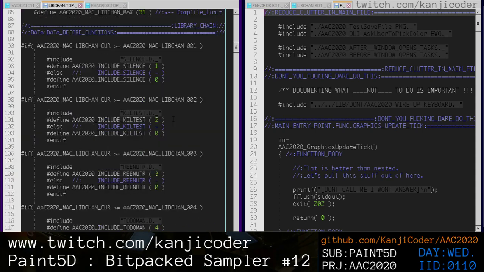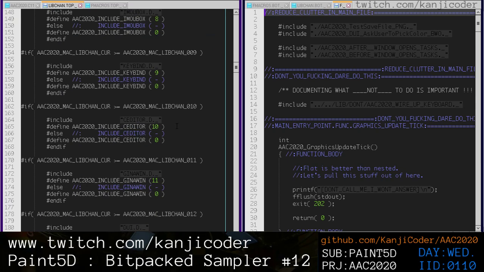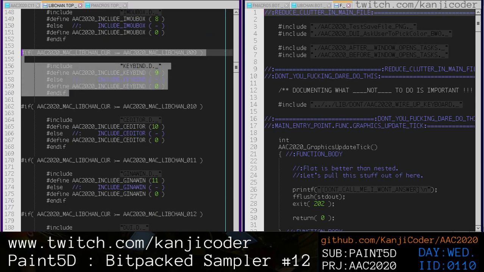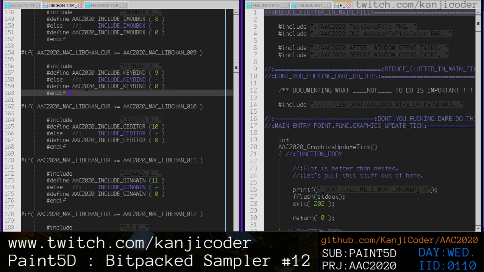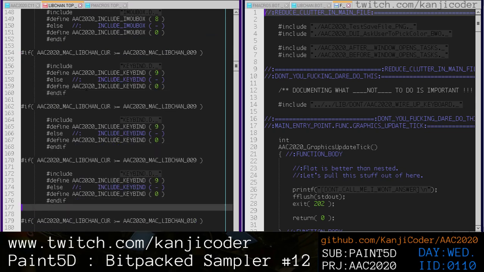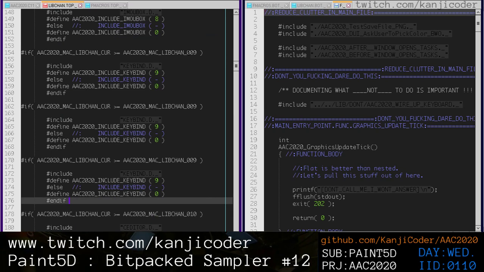And yeah, we gotta keep on going through here though. So for the 9th system, we can skip all the way to iKeybind, and we're going to want to add two new things, right? So we're going to take iKeybind and just duplicate it. Duplicate it twice. And this one right here, we're going to say